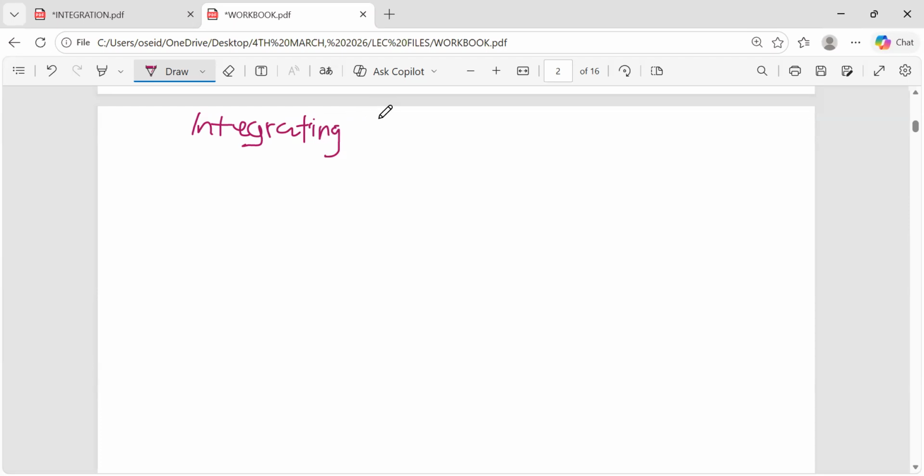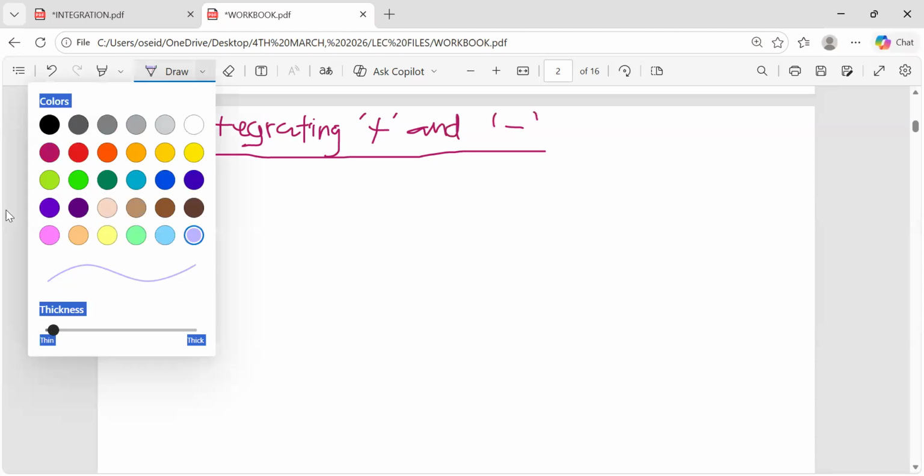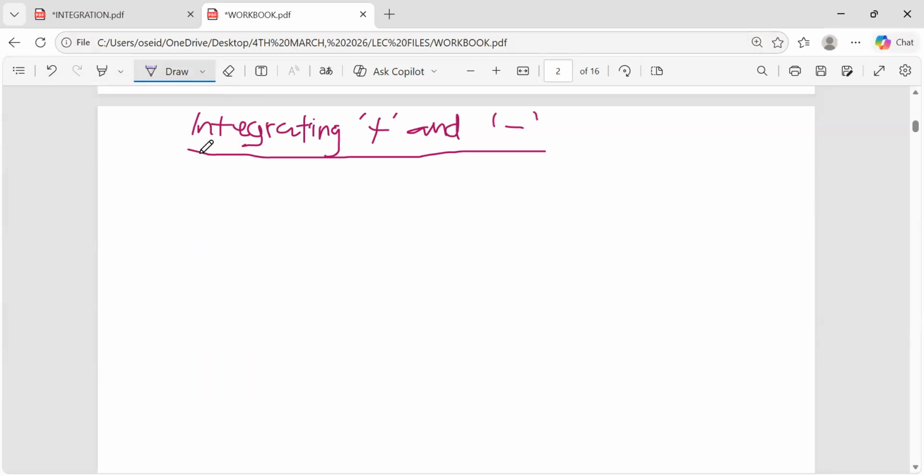Sum, which is plus, and difference, which is subtraction. So let's take note. Integrating sum and difference. So for example one, we have